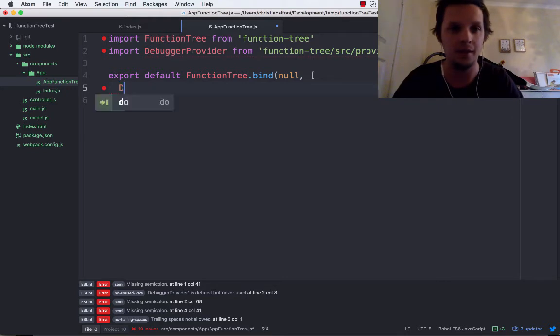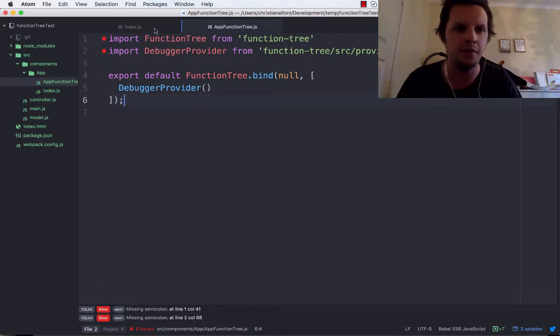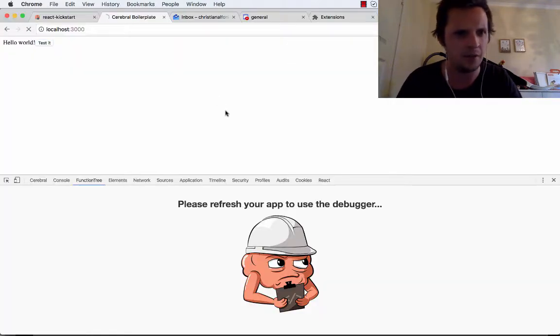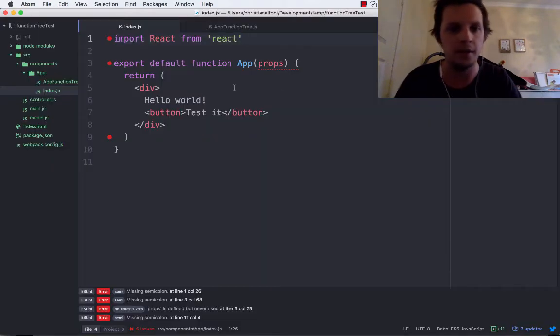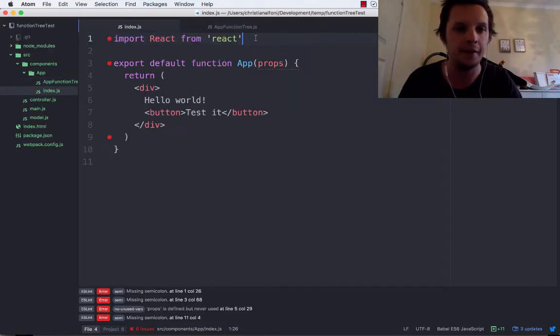So I can insert a debugger provider here now, and if I save this and refresh, I don't see it yet. Oh yeah, I have to run it first, I think. Anyways, I have to create my